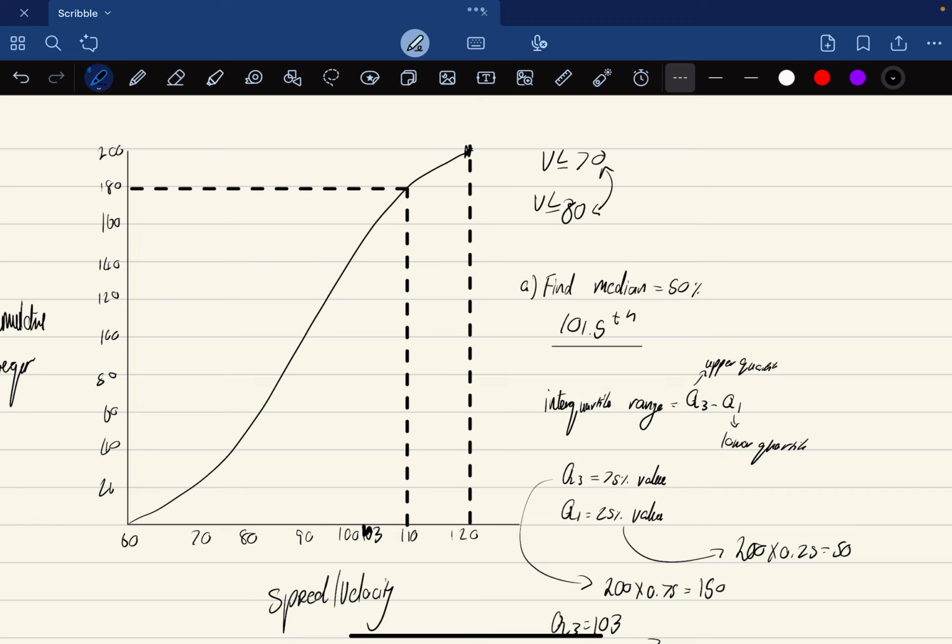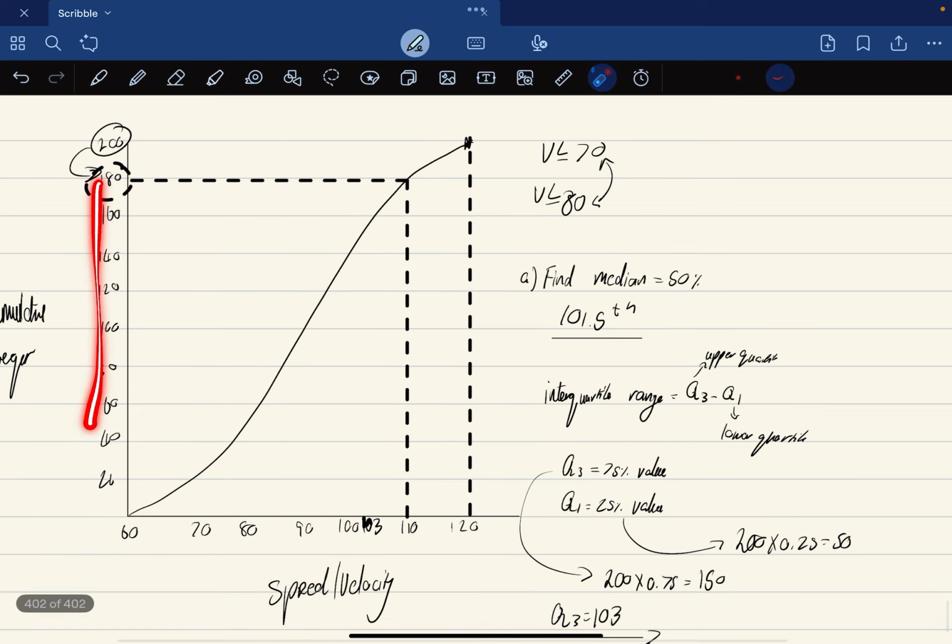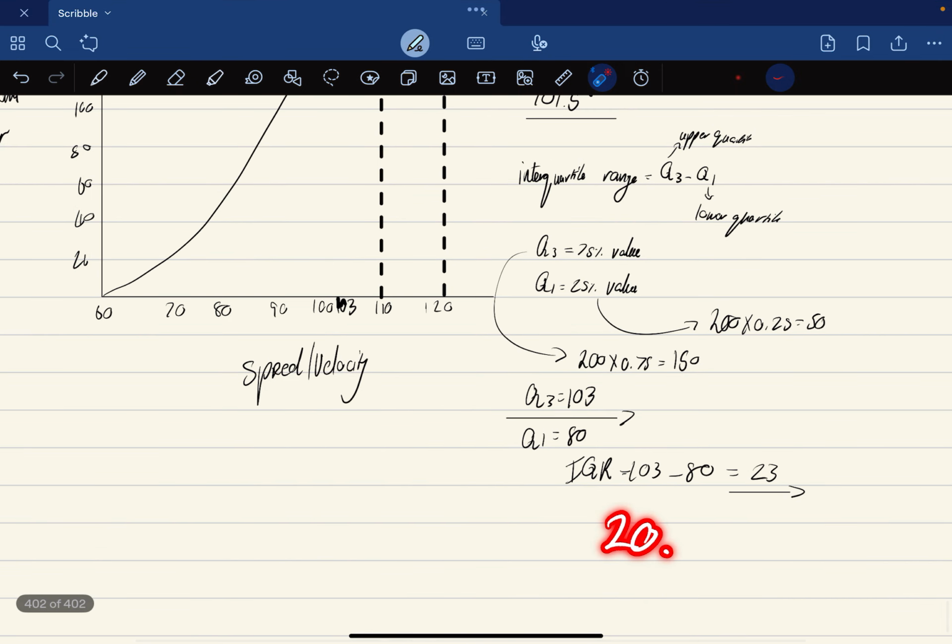We've got 180 people at 110. So now it asks us how many people drive more than 110. Well, it's our 200 minus the 180, because everyone below 180 here drives slower than that. So it will be 20 people